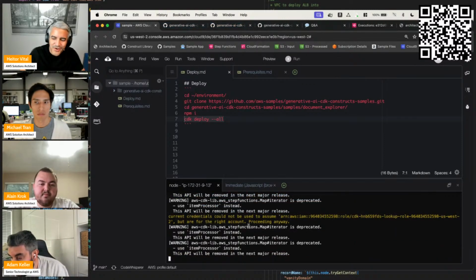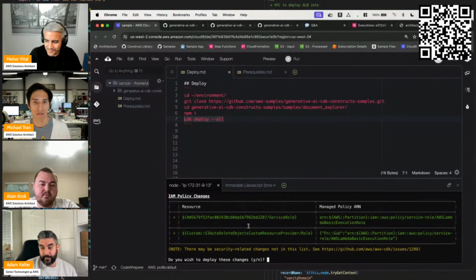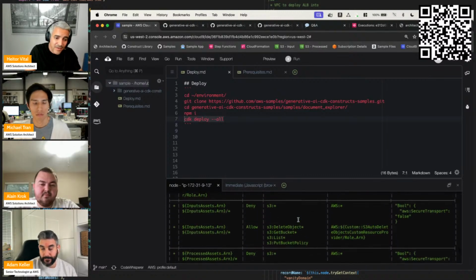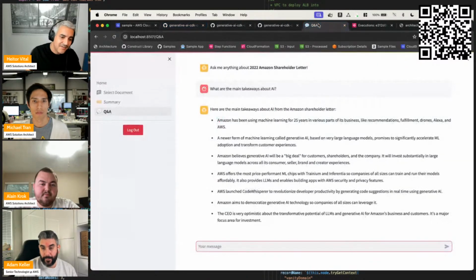And what's going on here is we are transforming the code that we have in CDK and getting ready to push the CloudFormation stack. That's when you need to review what resources are going to be created on your behalf, and deploy. That's what I did before the call for the simple application that we are seeing here.